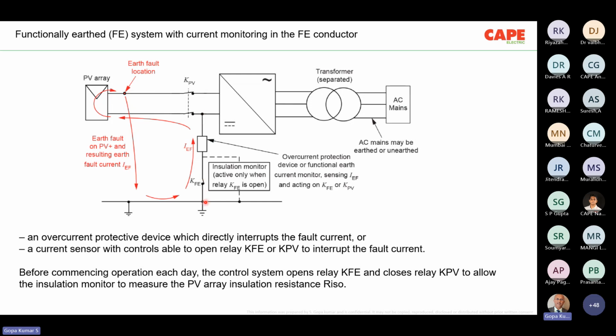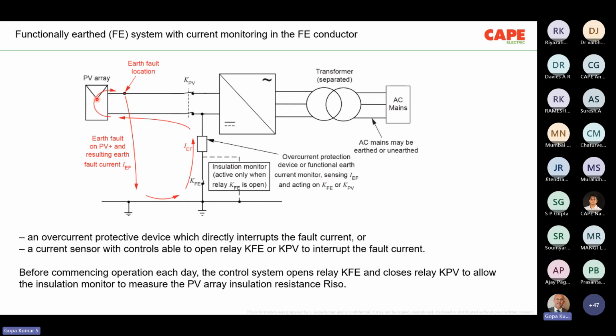Generally, it is made within the inverter. Functionally earthed in the sense, this connection means, for example, negative is connected to the body or to the protective conductor of the installation, for example, through a fuse. This is a fuse. The purpose of the fuse is, imagine there is a fault, and once when the fault